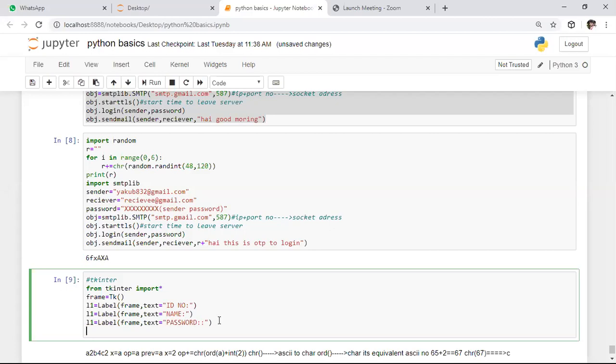After defining these labels, we need to write some information. But before that, we need to fix a location for this label in the created frame. To fix the location, we have different functions: the grid function, the pack function, and we have a lot of functions like that. In this scenario, I'm using the grid function. To make this clear, I will explain what a grid is on the black sheet.